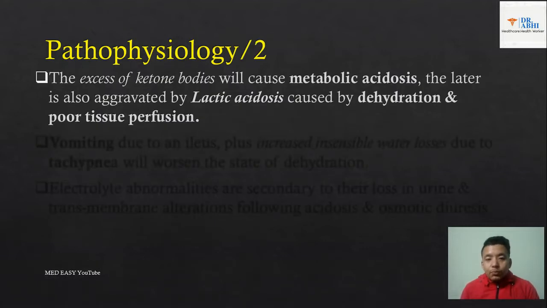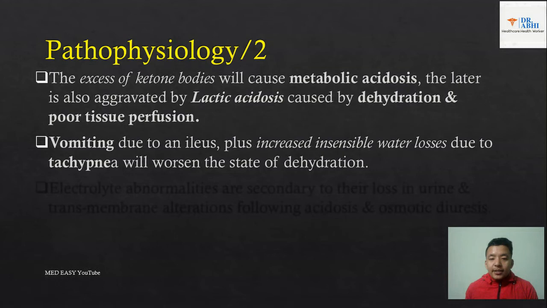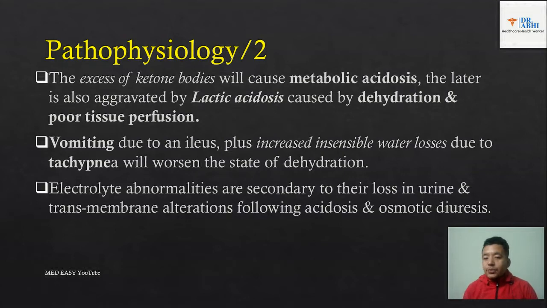The excess of ketone bodies will cause metabolic acidosis. Later this is aggravated by lactic acidosis caused by dehydration and poor perfusion. Vomiting due to ileus plus increased insensible water loss due to tachypnea, because the patient of diabetic ketoacidosis usually presents in your ER tachypneic. There are also some electrolyte abnormalities secondary to their loss in urine and transmembrane alteration following acidosis and osmotic diuresis. I hope we are all getting to the point. Moving forward,